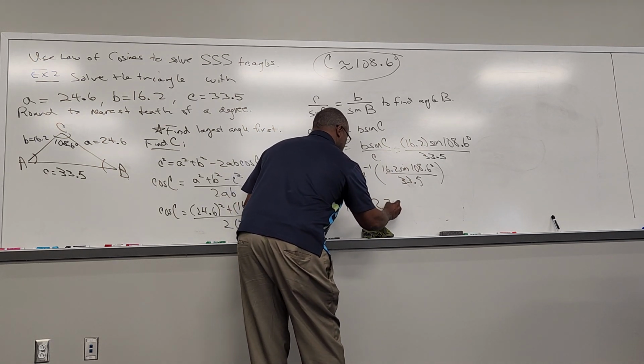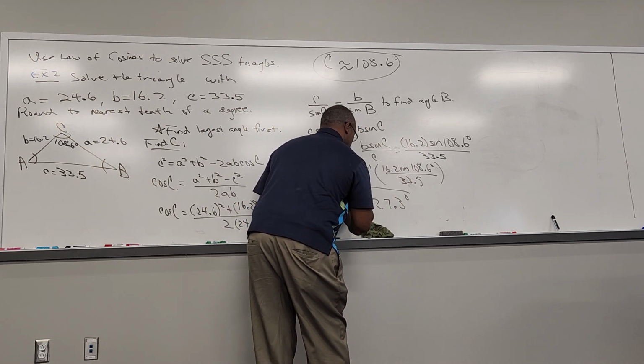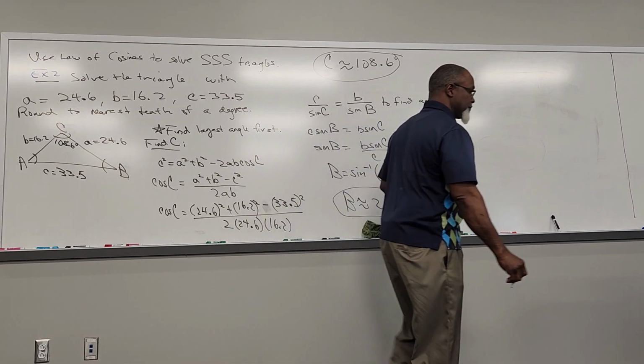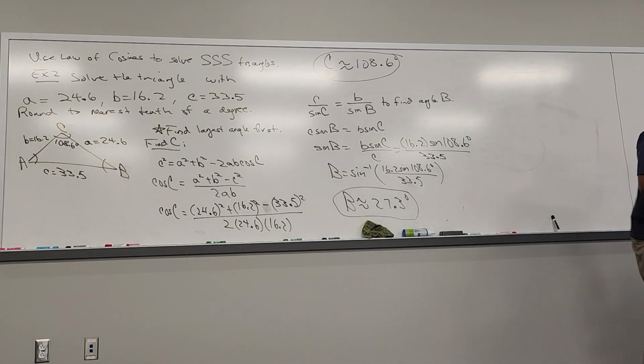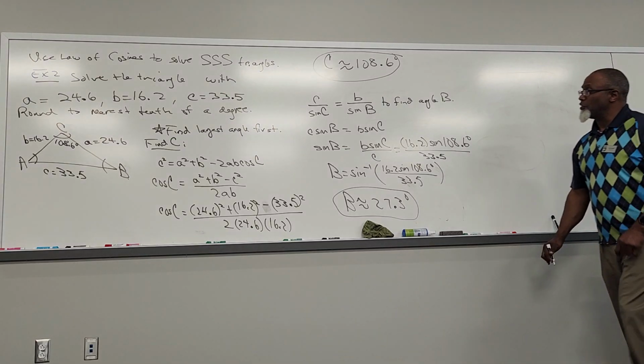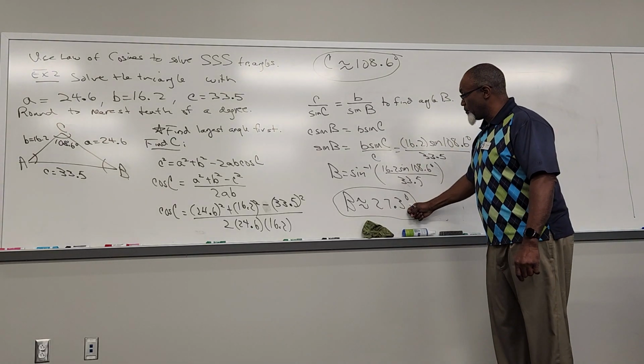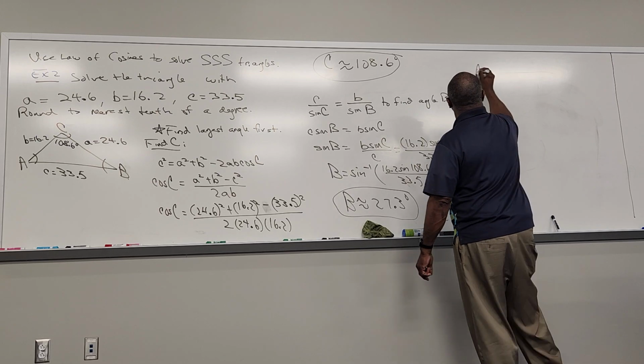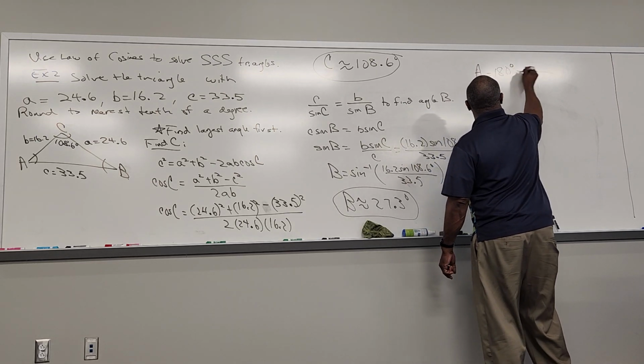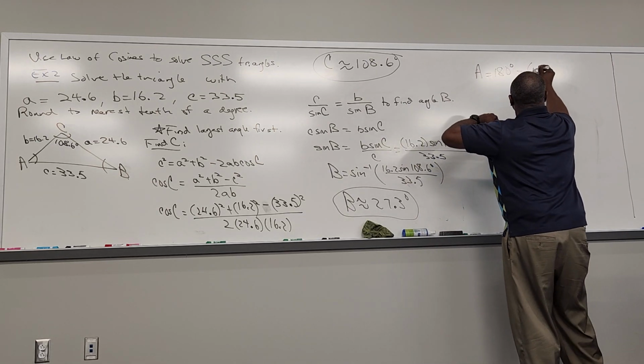So there's angle B, 27.3 degrees. Now again, you could have used the law of cosines to find that. It's equivalent. Once you find angle B, now you know two angles, angles C and B. So angle A will be 180 degrees minus the sum of the two angles you know,